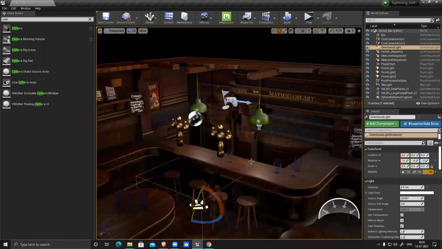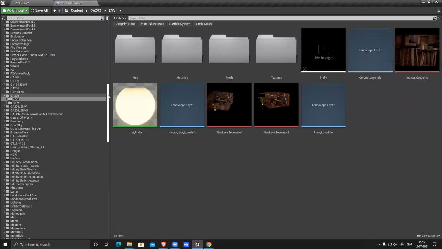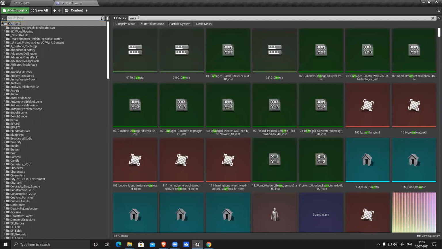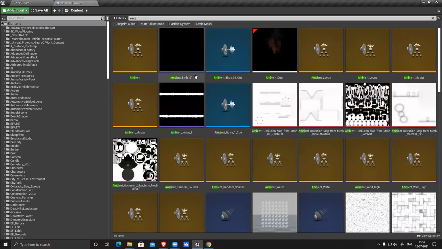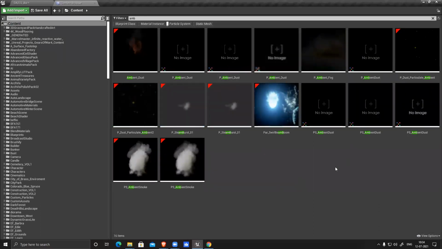And if I want to add some ambient dust to beautify my scene, particle system, ambient dust.